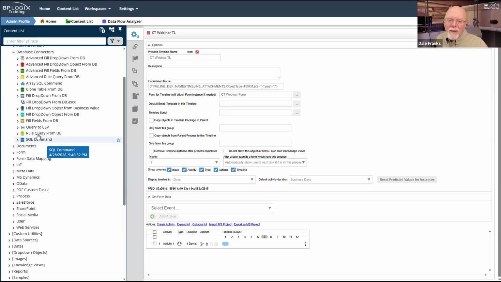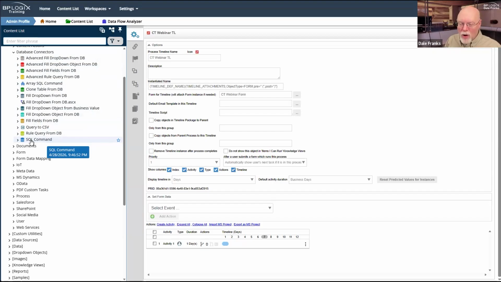So even though all of these are probably not necessary, except maybe rule query from DB, I think there's some edge cases where you can do that, but we are not doing edge case talking today. SQL command, though, that is one that you can't get rid of. And that's one that you can't use in a business value.